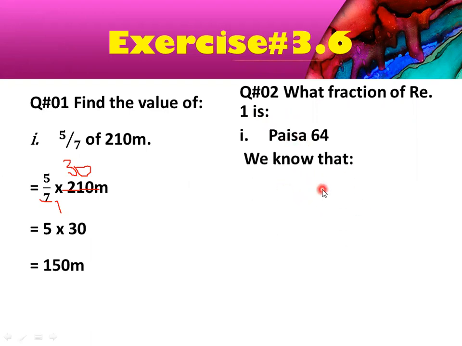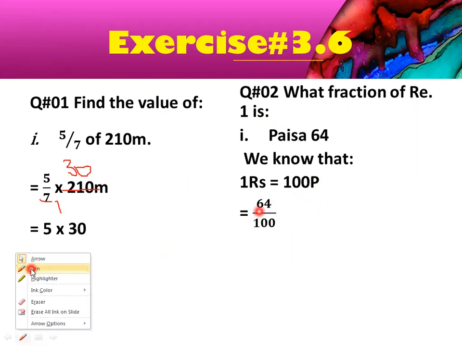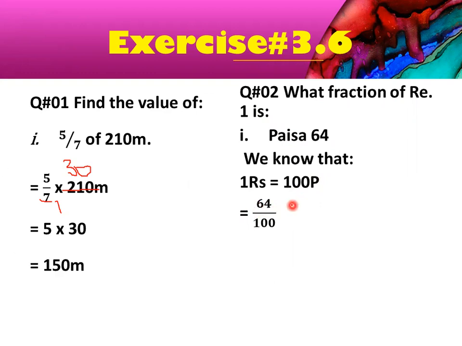So we know that 1 rupee is equal to 100 paisa. So simply what we will do, we will divide this 64 by 100, just like this. And how will we divide it? We will reduce it with a number. So we are going to divide it with 2. So we will write here 2 into 3 is 6 and 2 into 2 is 4, 2 into 5 is 10 and 0. Then what you will have is 32 upon 50.